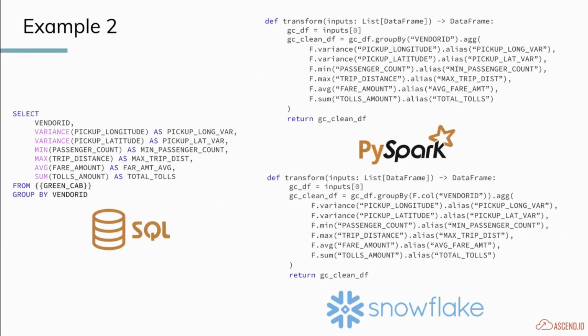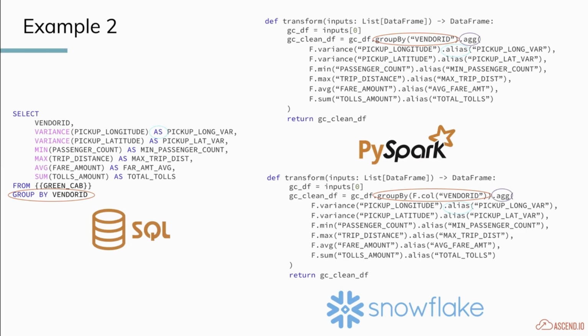Cool. And this will be our last example, but I'm just going to point out a few things here, not the whole thing. So group by, which is another common function in SQL, will also be called group by in PySpark and Snowpark. As we mentioned, the syntax can be fairly similar to the point where it is literally the same thing. As will be alias, right? But the thing I do want to point out is that we also have this aggregate stuff, right? Where there are similarities, there are also differences.